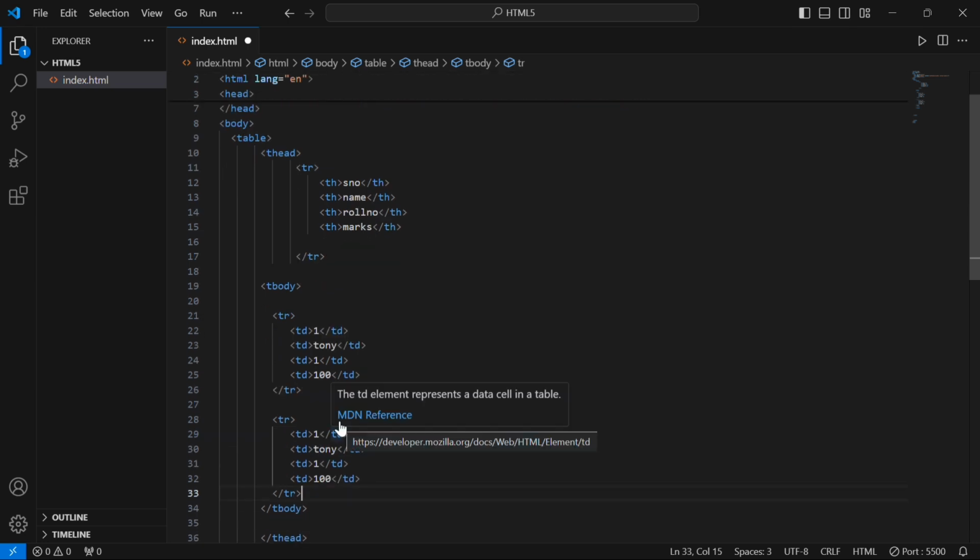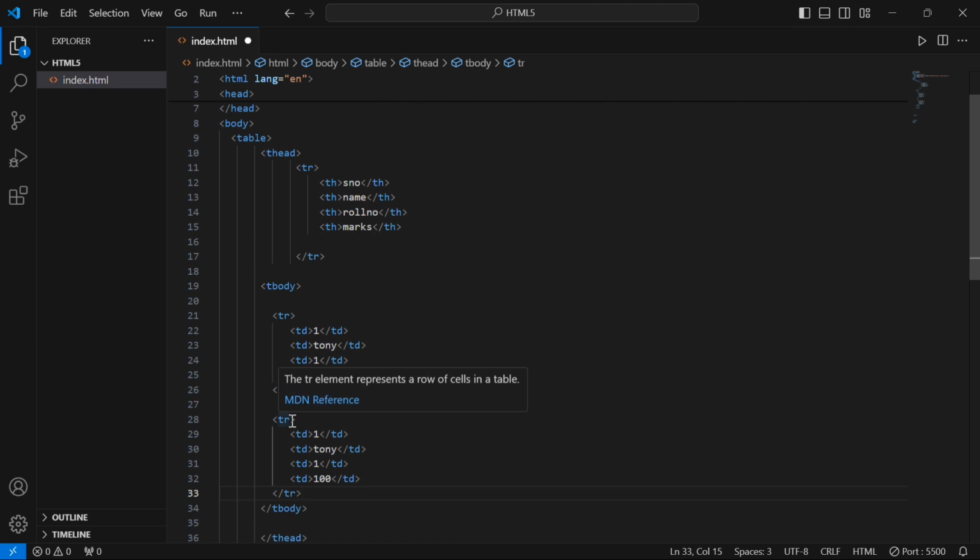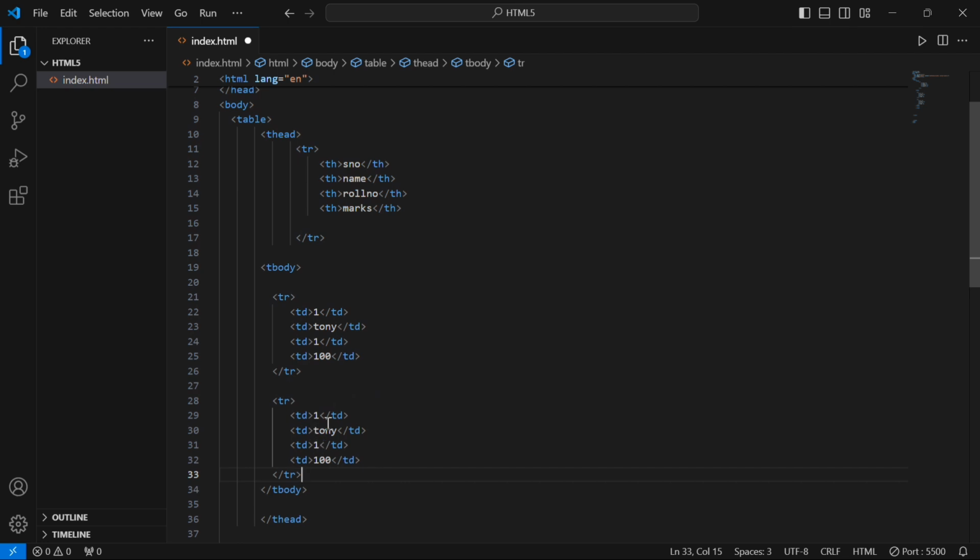For each row, we should write a table row tag, and in between the table row tag, we write TD, means table data tag, for each row. So I will write the table data for one row. Here I am writing the table data for another row. So I'm changing the data here to Hulk.